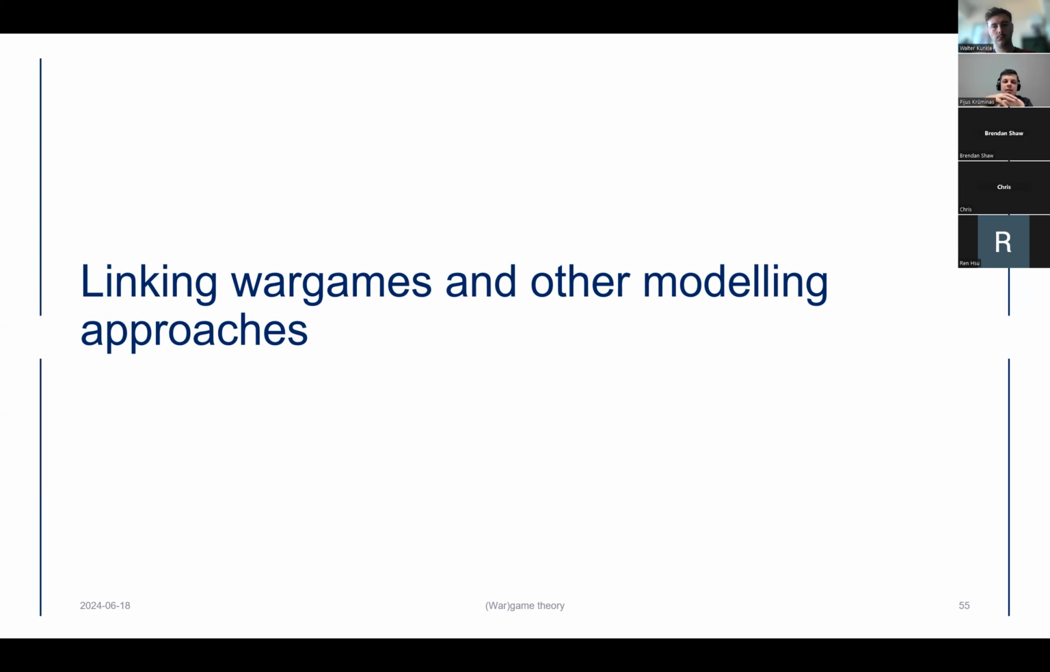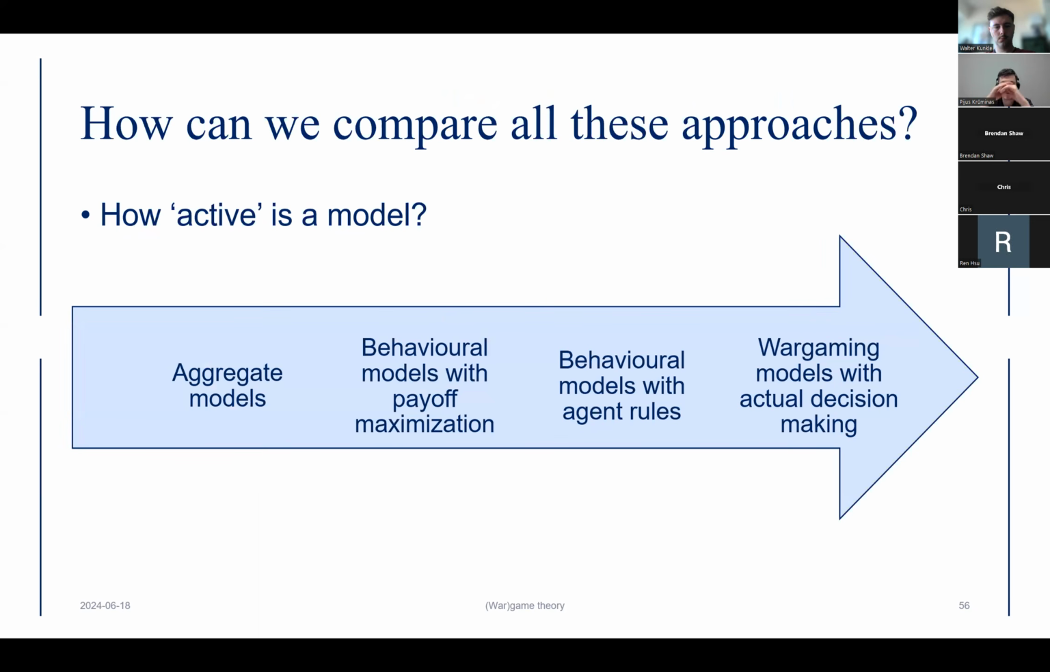And this basically comes to the core part, or the summarizing part, of my talk today: how can we link wargames, or what are the links between wargaming and these other modeling approaches? So I tried to structure my thoughts in a single figure initially, and basically, if we start going from these relationship-focused models towards wargaming, we can ask the question of how active a model is,